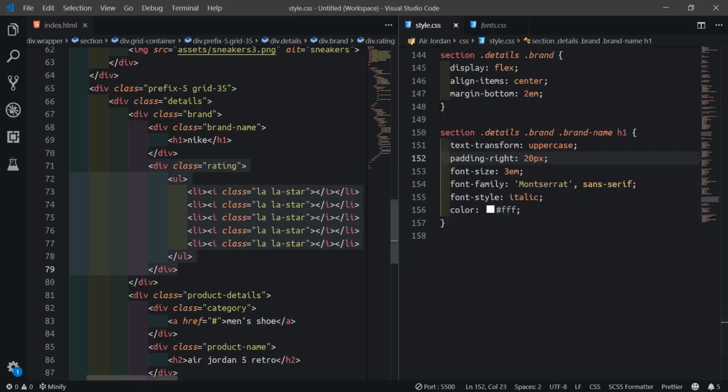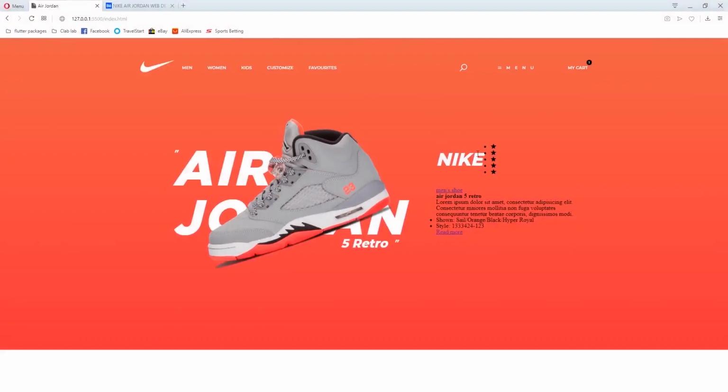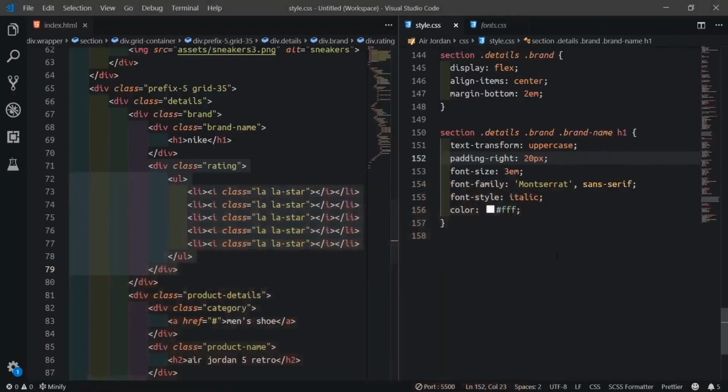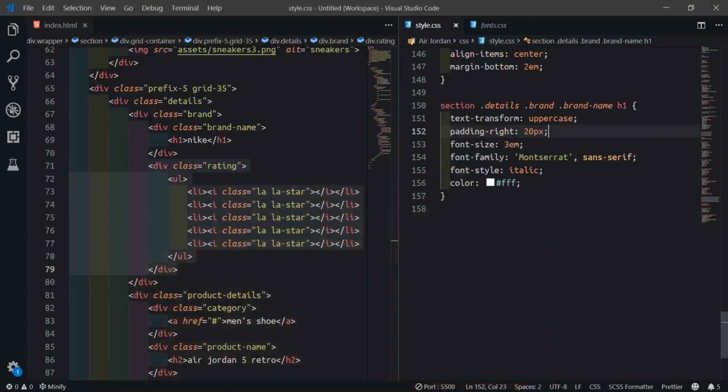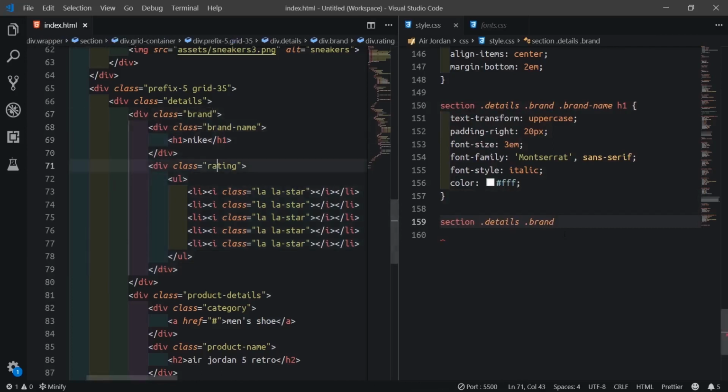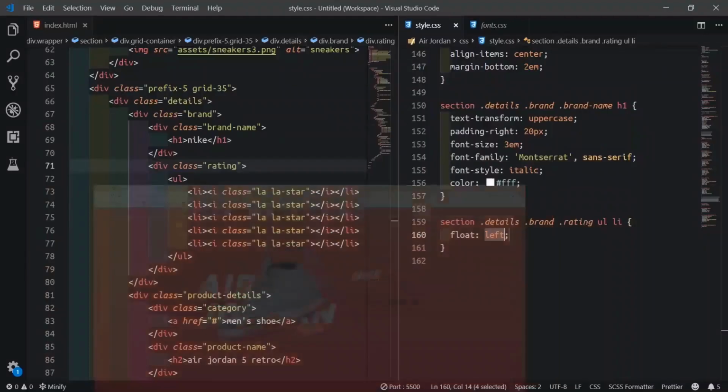Alright. So if we go back and refresh, you see it's now looking better. So more work on the stars. To work on the stars now, I'll target the list item there. So we'll enter brand, we'll come to rating here. So this rating now, we'll say UL LI, then first we'll float them to the left to make all of them inline.